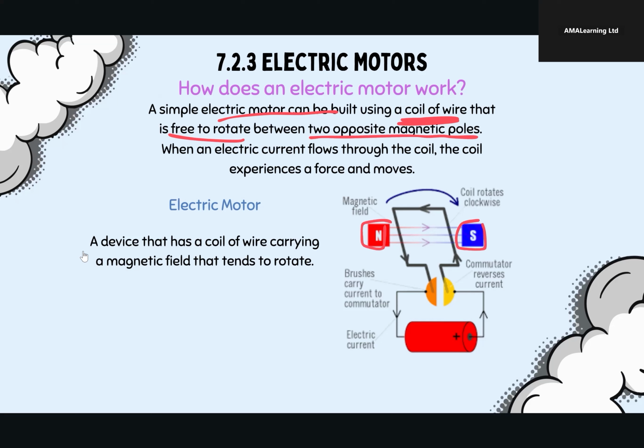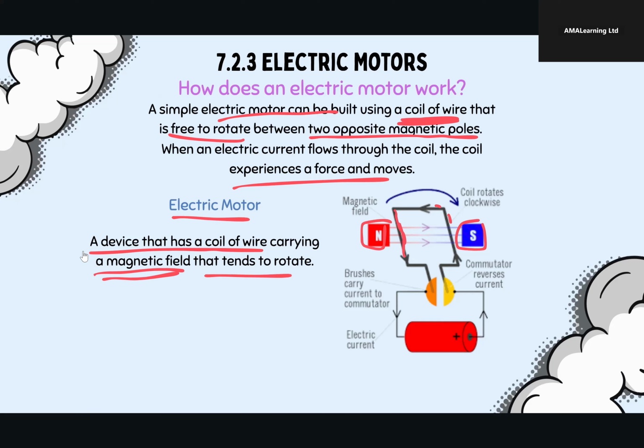Now, when electricity flows through this coil of wire, the coil experiences a force and it moves. In other words, it starts to spin. An electric motor is a device that has a coil of wire carrying a current in a magnetic field that tends to rotate. So you can imagine here, this side here,